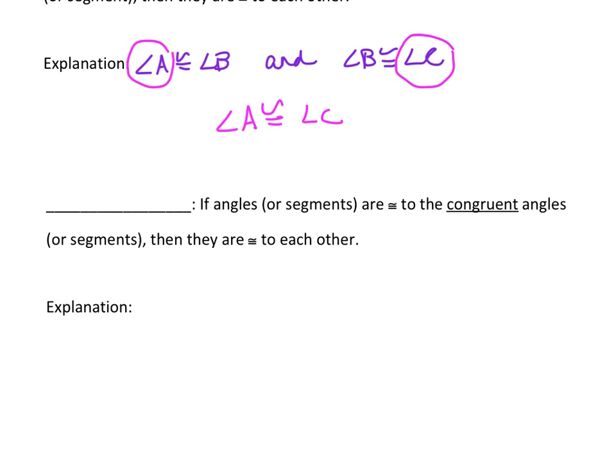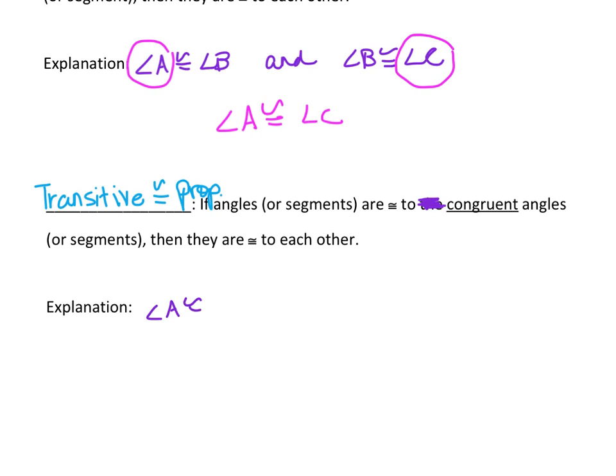Alright, next one. Let's read the definition first. If angles or segments are congruent to congruent angles or segments, then they are congruent to each other. So this is the transitive congruent property. So the explanation of this, let's say that